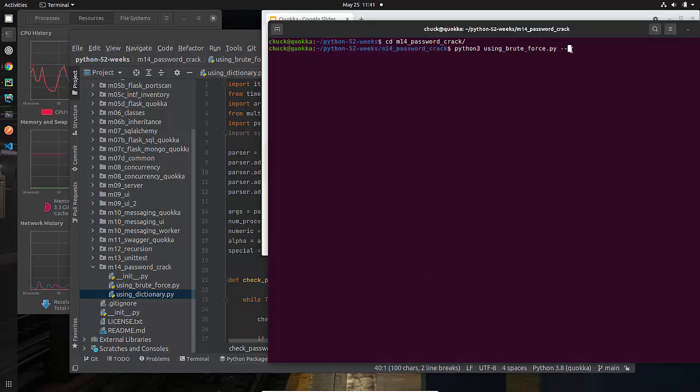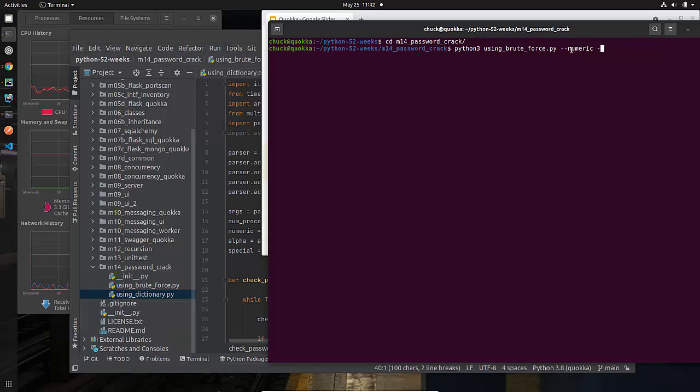I can also pass in what I want to compare against. One is I can say numeric, I can say alpha, so that I will check actual characters, and I can also pass in special. So those are three options that I can pass in.